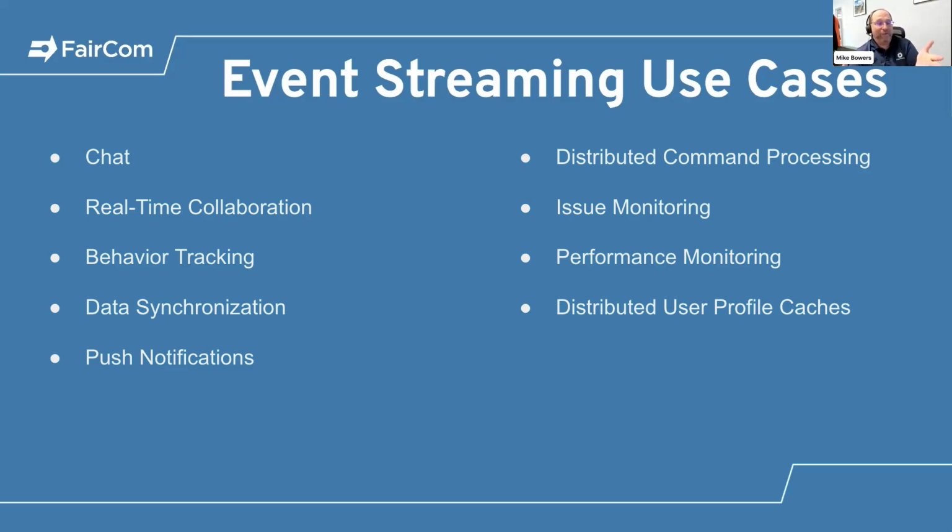And then you want to go back and see the history of all the messages. Well, that's built into the FairCom database because it's the event streaming log. You want to go search, built into the FairCom database. You can search for previous messages, find them. All the features of Slack are built in. So you could just unzip and run FairCom DB and build a Slack in weeks and have a fully powerful, wonderful Slack replacement. But just imagine what you could do to your application, whatever application you're building, if you could put that in. The ability to do chat, to be able to Slack people, to be able to communicate